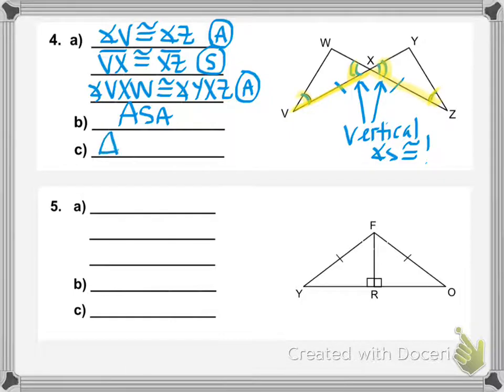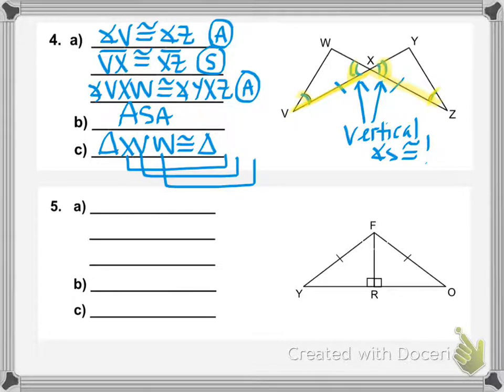Let's write the triangle congruent statement. For the triangle on the left, call it anything you want: WXV, VXW, XVW, doesn't matter. Just the 3 vertices. And then the triangle on the right, when we name that, that's when we have to think about the order. So we have to think, how is one triangle transformed from the other? To me, it looks like they were reflected over this line. This looks like a reflection,